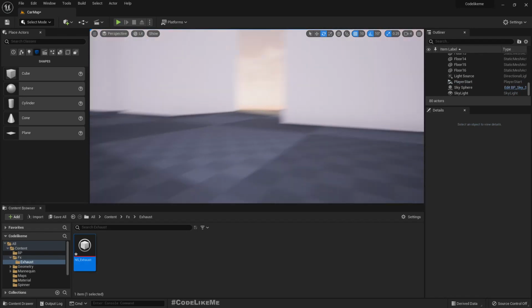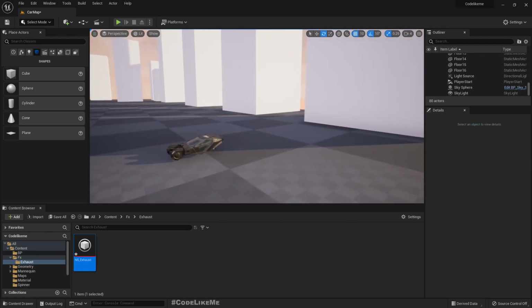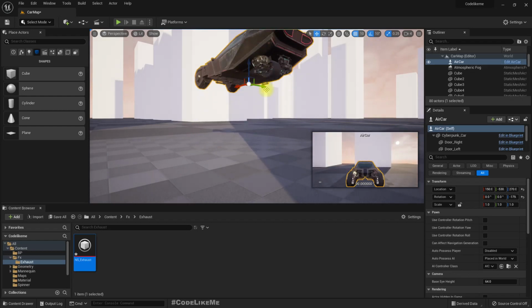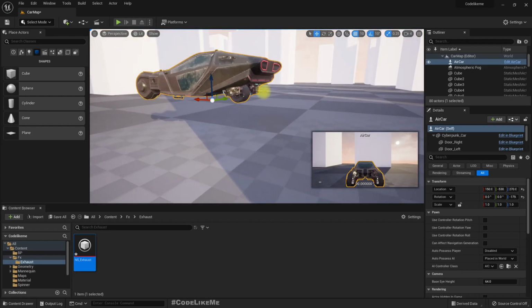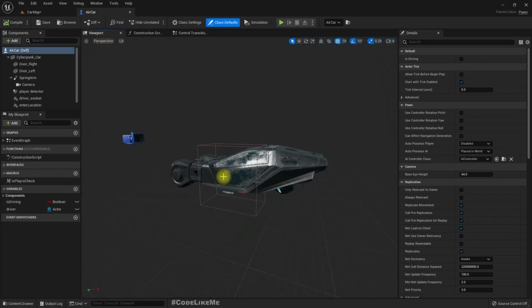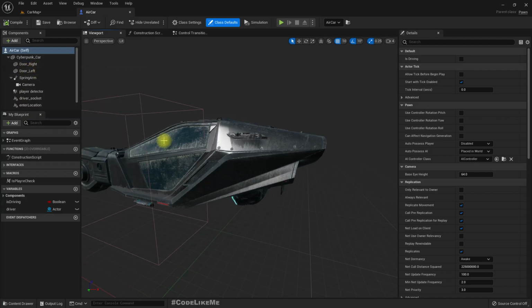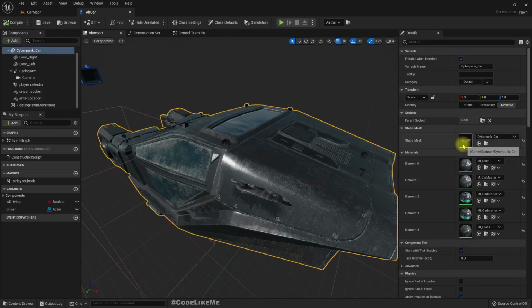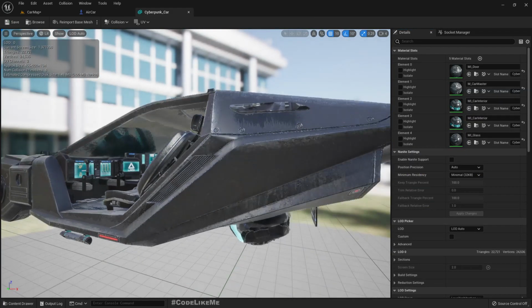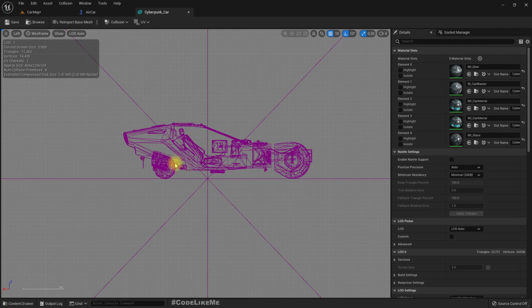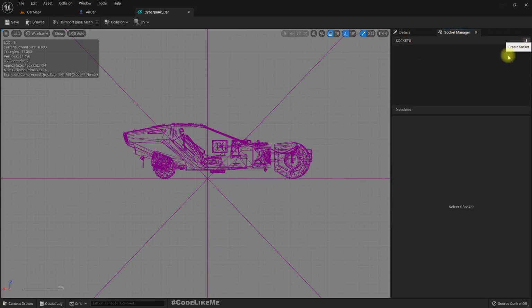Let's go near the car. Where is the car? Over here. Let me go inside the car. The car mesh. Let me open this up and add the socket. Let's go to the left view and socket manager, add socket,